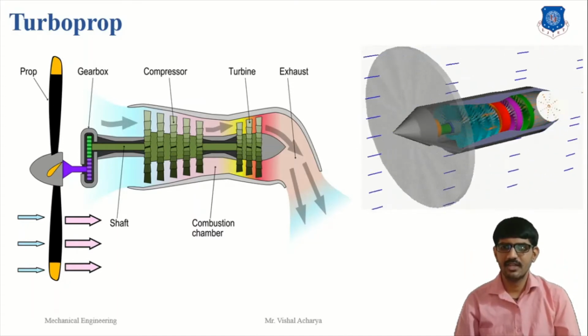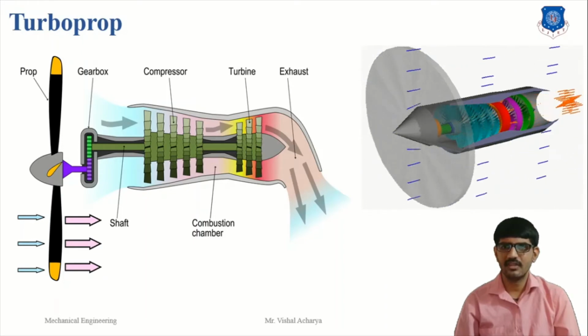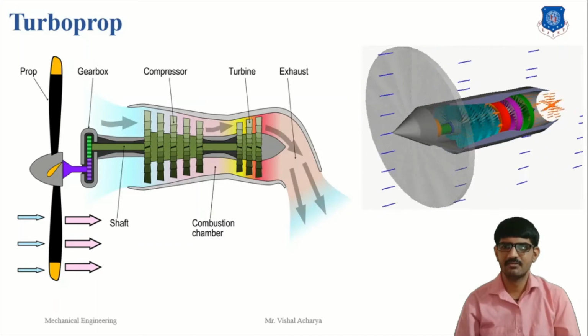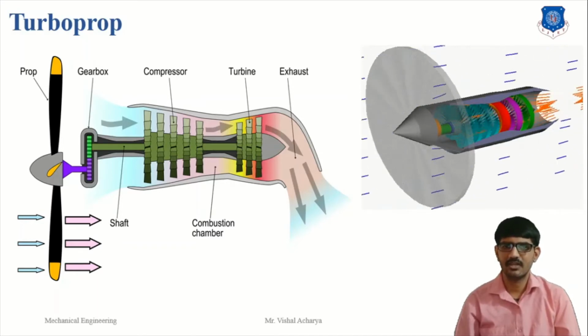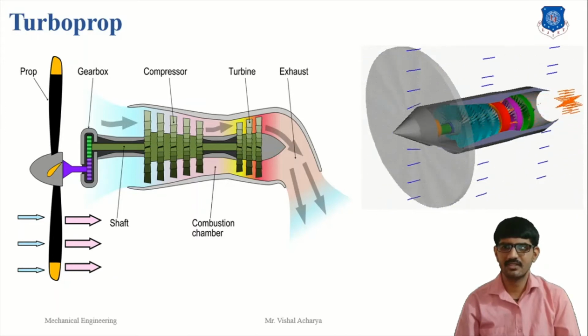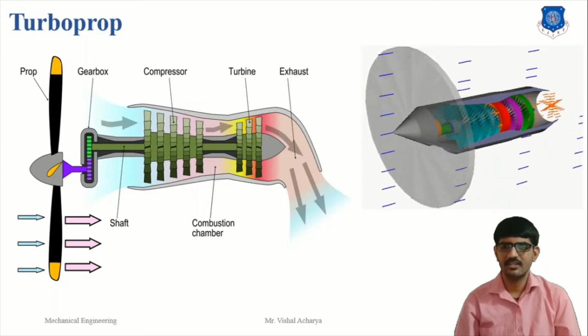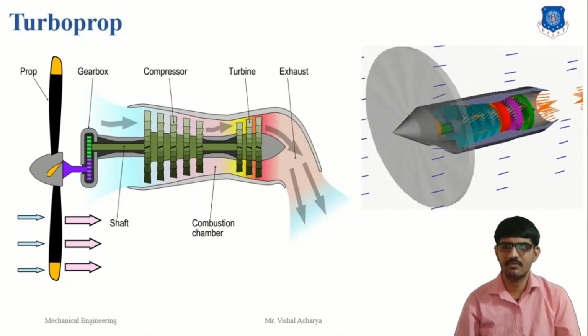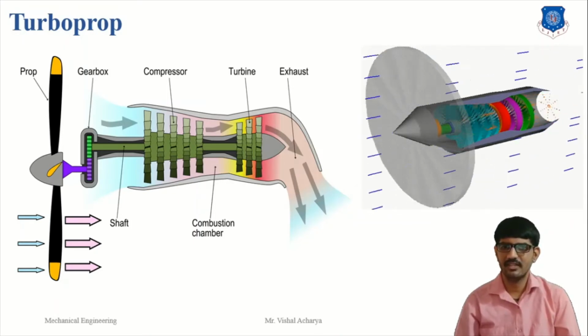Here the turboprop engine combines the high takeoff thrust and good propeller efficiency of the propeller engine at speeds lower than 800 km per hour, with small weight, lower frontal area, and reduced vibration and noise of the turbojet engine. Its operational range lies between the propeller engine and the turbojet engine; it can be operated at any speed up to 800 km per hour.